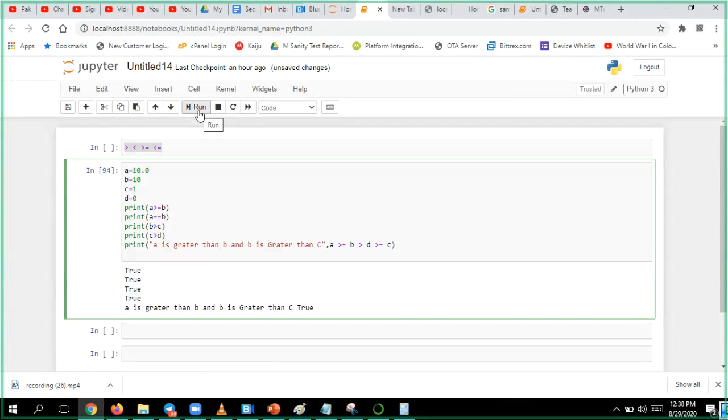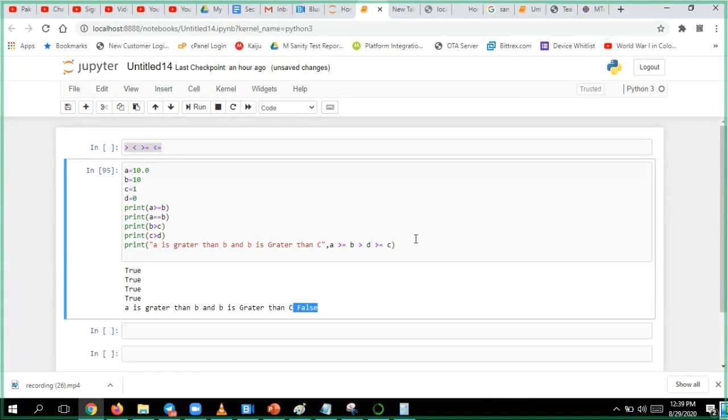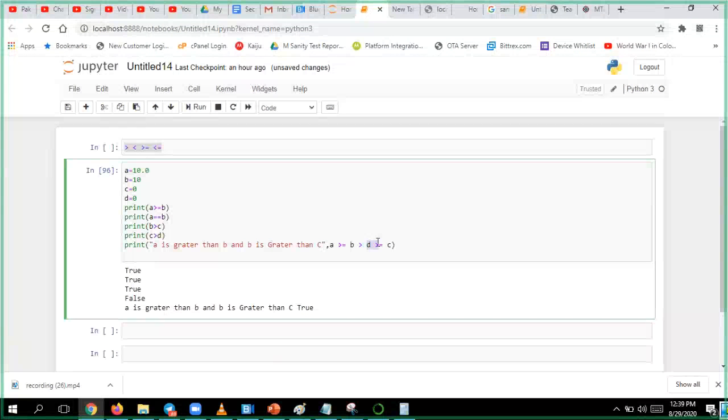Example I'm trying: usually 0 is greater than or equal to 1 will give you false. It threw you false. But if you change C to 0, then see it will become true, because yes, B is greater than C, meaning 10 is greater than 0.